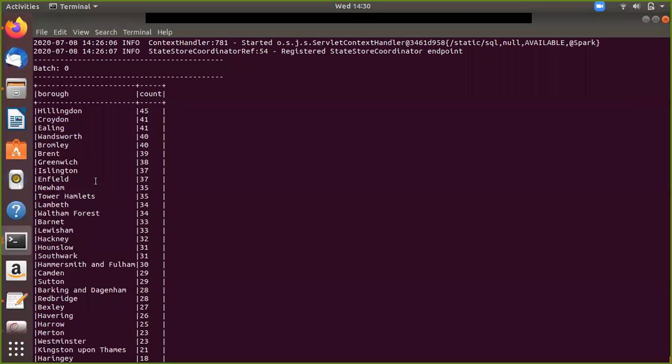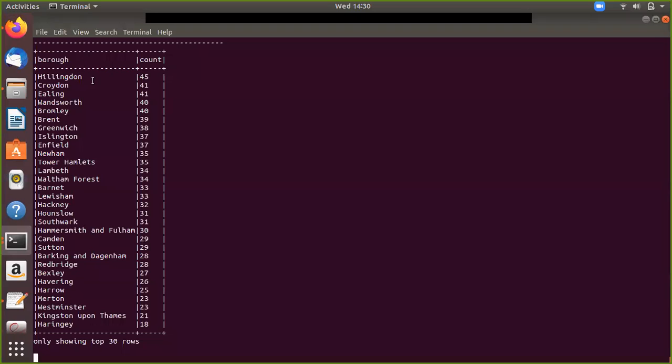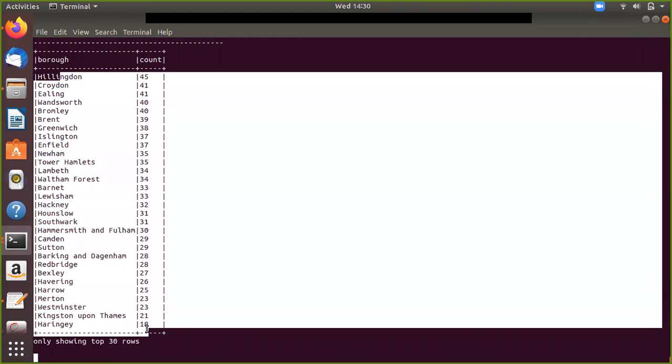Batch 0 is processed and we got the output: it grouped the data and gave the aggregated count of each borough, sorted in descending order.